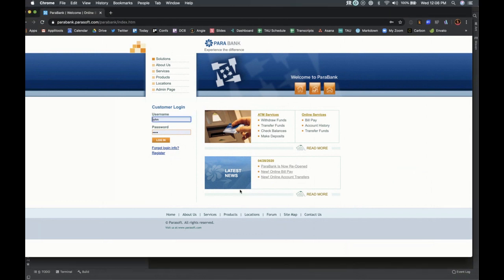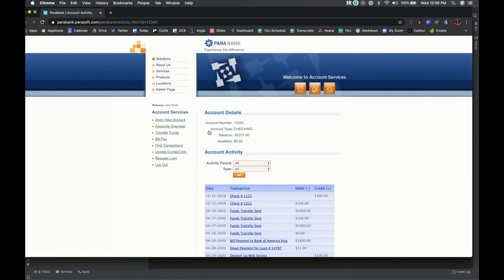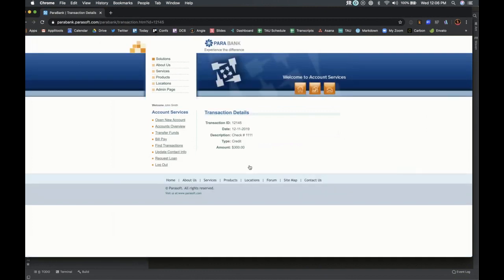We're going to basically, let's think about a scenario. I'm going to log in, and then we're going to go to one of this person's accounts. It's a banking thing. This person, John, has a bunch of accounts here. We're going to go to one of his accounts, and here is a specific transaction.